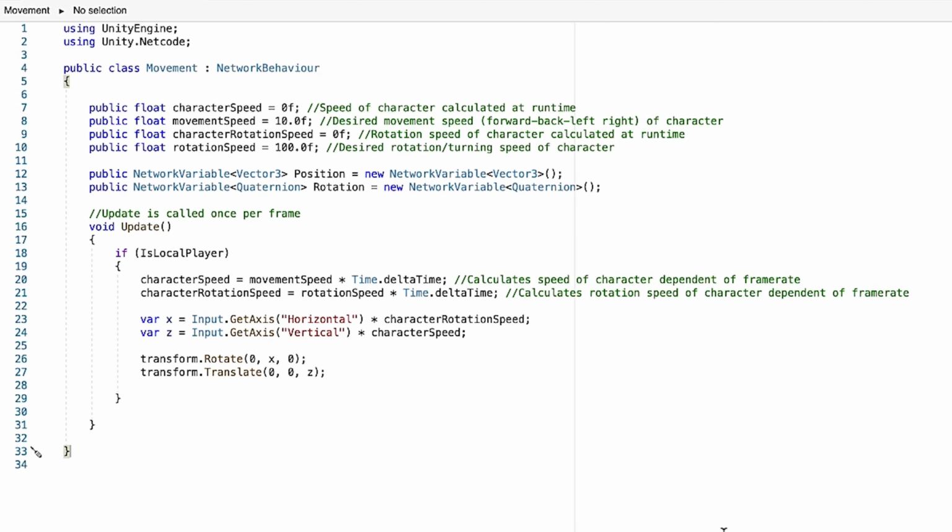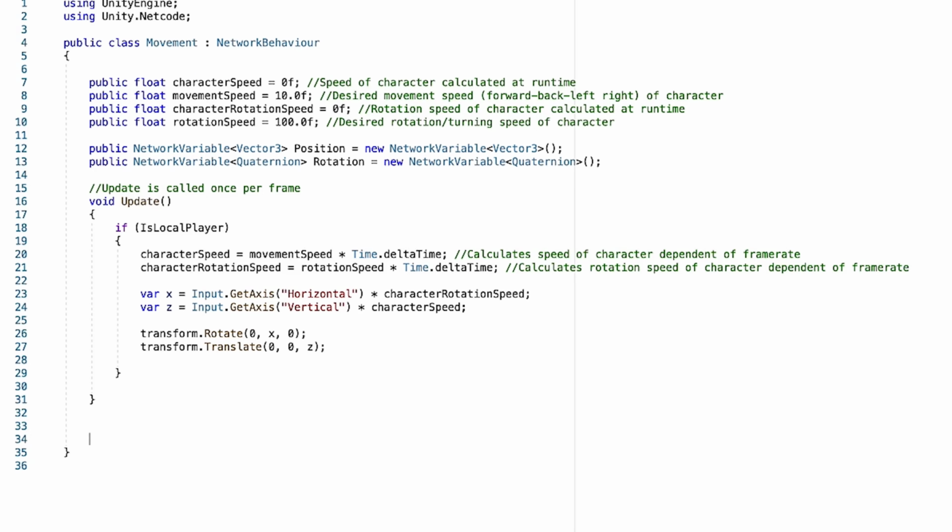So with all that being said, let's jump back into the code and get back into creating our server RPC functions. Now that we know a little bit more about network variables and how server RPCs work, let's go ahead and implement the new code that we'll need to get things working correctly. So we're going to add two new functions that are going to act as our server RPC methods. The first method is going to be called update player position. So let's go ahead and start adding that code.